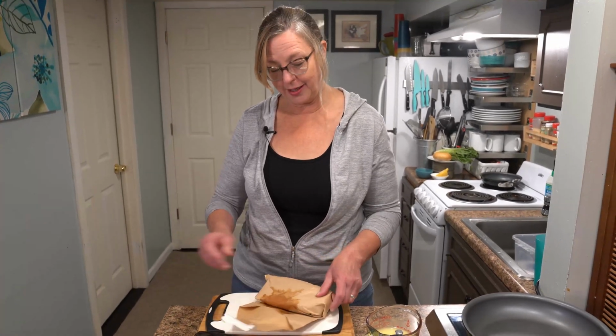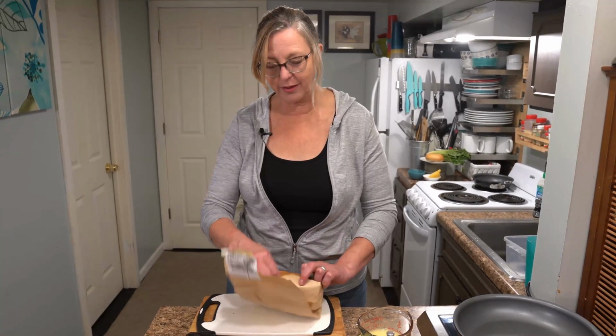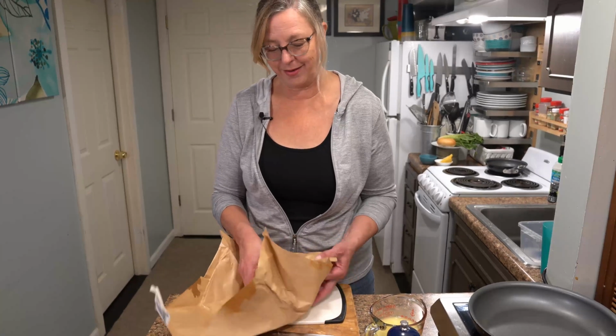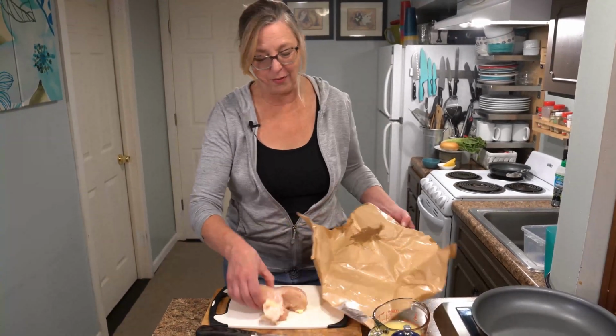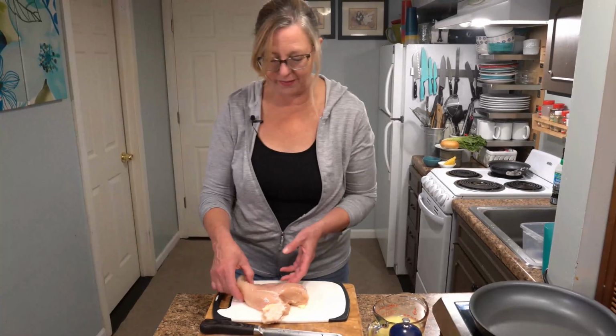Today we're making chicken apple salad sandwiches. My kids loved this growing up and they have actually requested that I make this because they want to know how to make it. So I went to the butcher and I asked him to give me a chicken breast